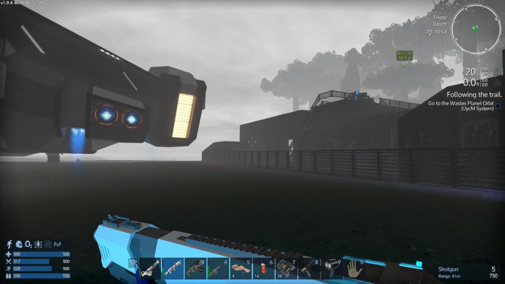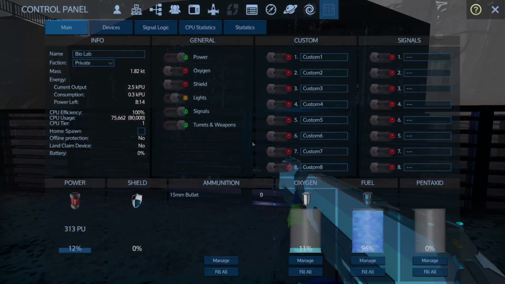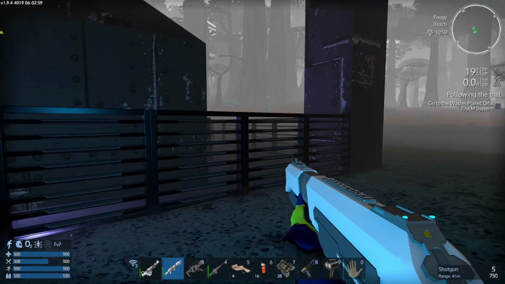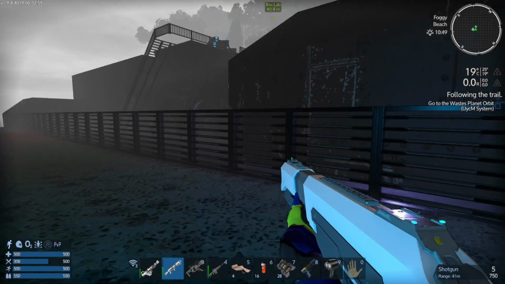And we'll get the hell out of here, and we'll get a shield generator built. Alright, let's see. Manage. Take it all out. Oxygen. Take it all out. Now, there are a few components in there, like the...